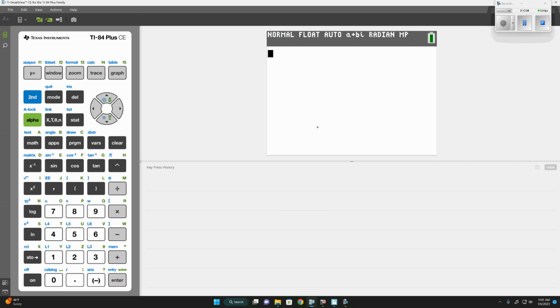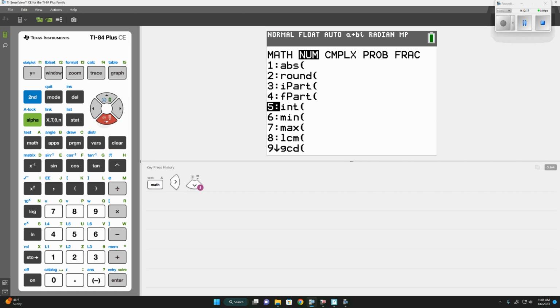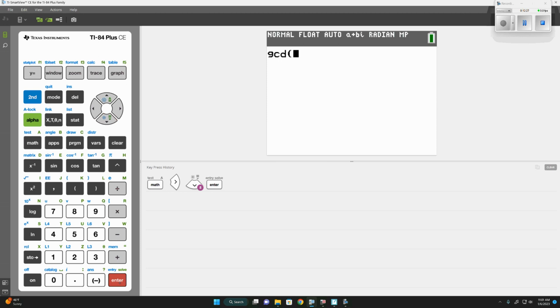Clear all that out. Now, the calculator, this is the graphing calculator, does have a function that's kind of nice. If you go to math, over to number, and all the way down here, greatest common denominator, greatest common factor, it will do it for us. But it only does 2 numbers at a time. So we can select this here and say 224, comma, 56, because those first 2 numbers were 224 and 56. What the calculator will do is figure out what is the greatest common factor, the biggest number that will go into both for us. And if we hit enter,